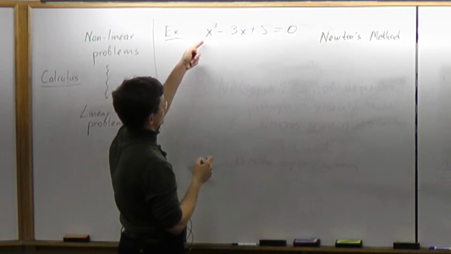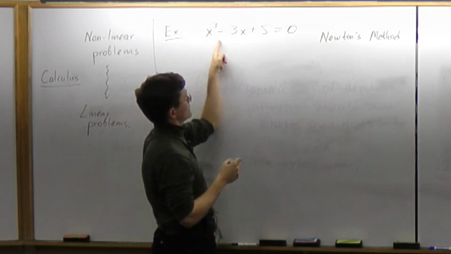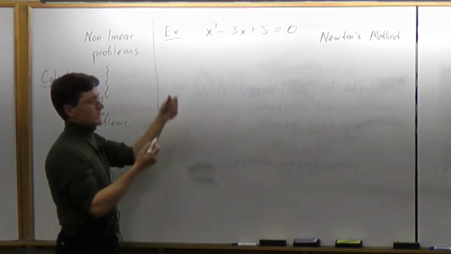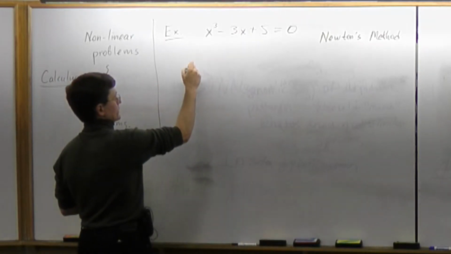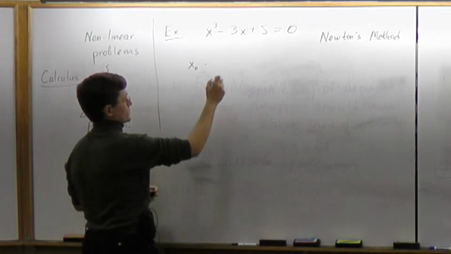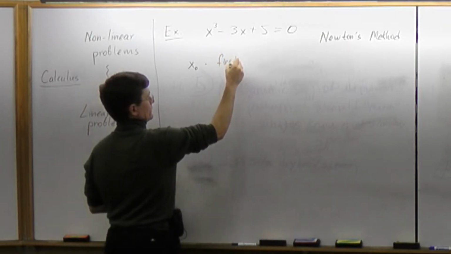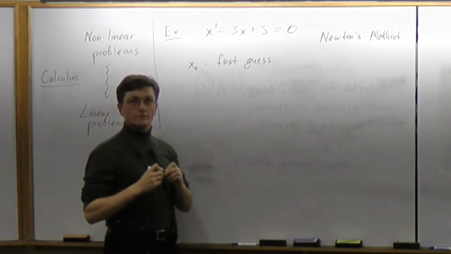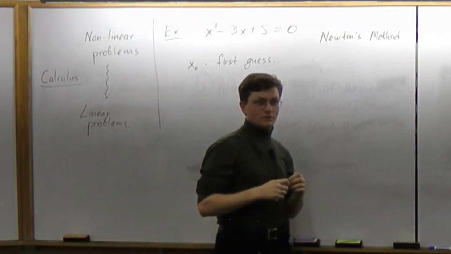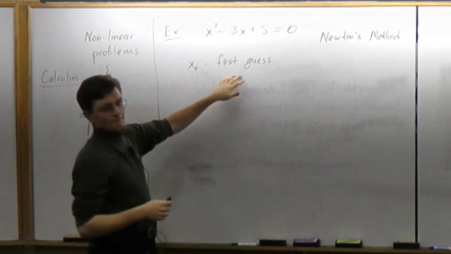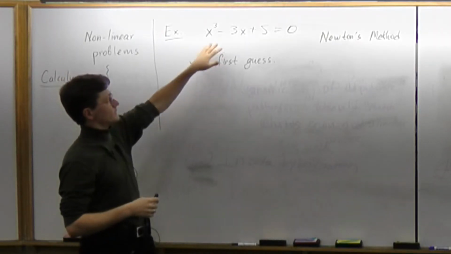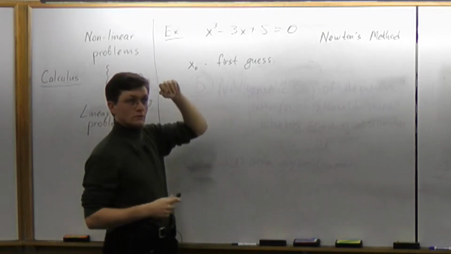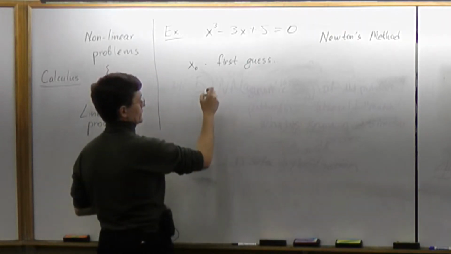What you want to find is the number x such that this number substituted into the left-hand side makes it 0. So make a guess. Let's call it x0, the first guess. You may have guessed it right, if you're lucky, but probably not. And then, if this is not the number making the whole thing 0, what can we do? Well, what we can do is look at